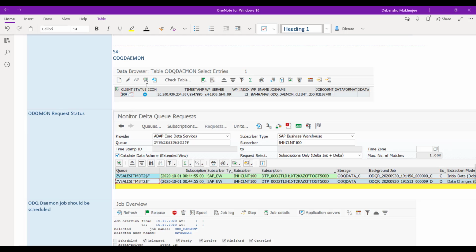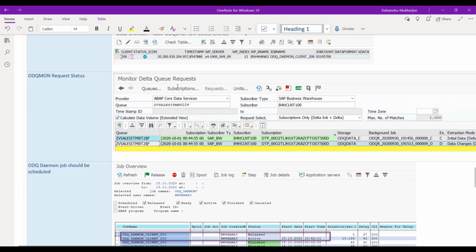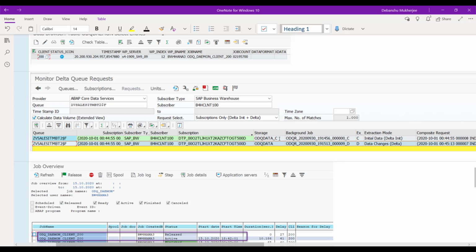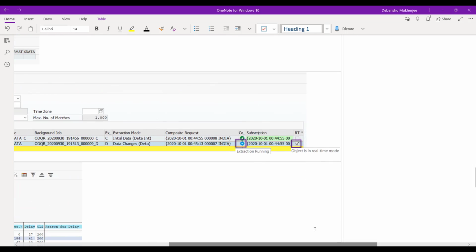So you can check whether the daemon is activated or not on the S4 side, in the ODQ daemon table. Once your process chain is triggered in the streaming, and we have seen that it will run 3 times, after the third execution you will see an entry in the ODQ data C table, which is the initialization, and then the delta will be in ODQ data, and for the delta record here in the ODQ mon, you will see that in the